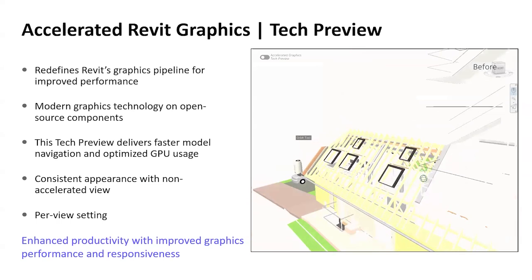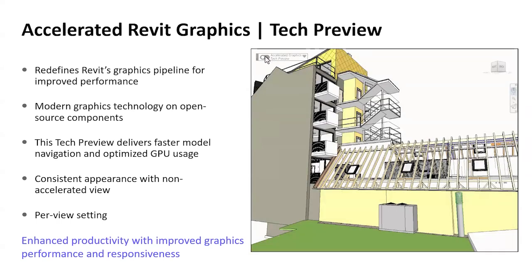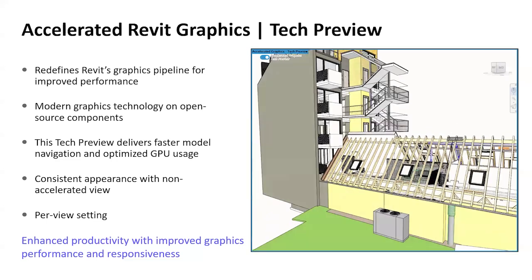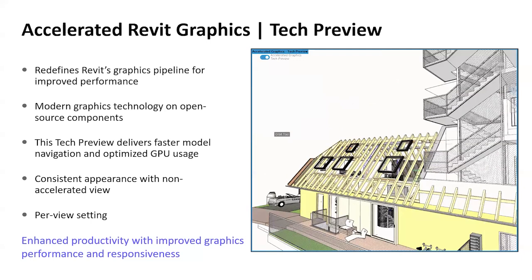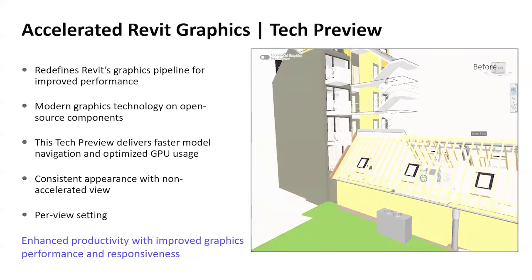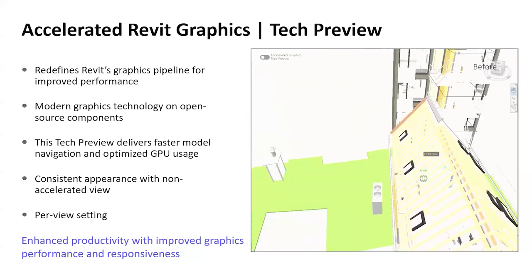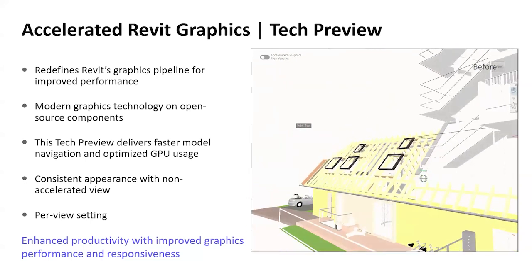It's a tech preview. What does that mean? That you can turn it on, you can turn it off. So when you turn it on, click, it's going to warn you, and it's on an instance by instance basis, or a view by view basis. And you can see right away that's a much smoother, refined regeneration. This feature allows users to toggle the accelerated mode on a per view basis, leveraging modern graphic components